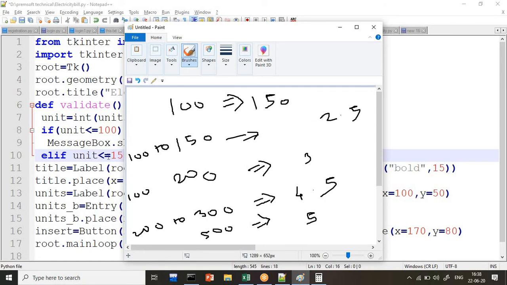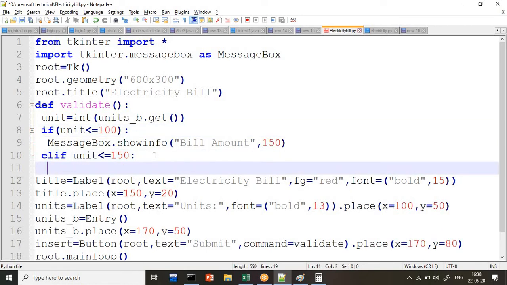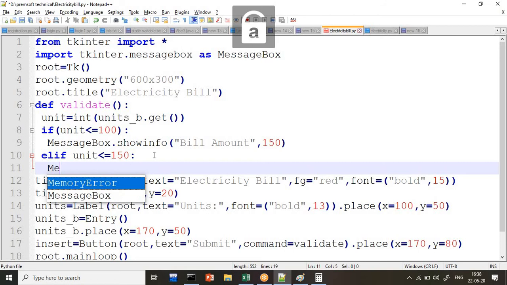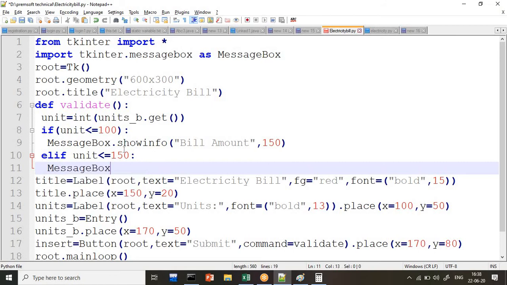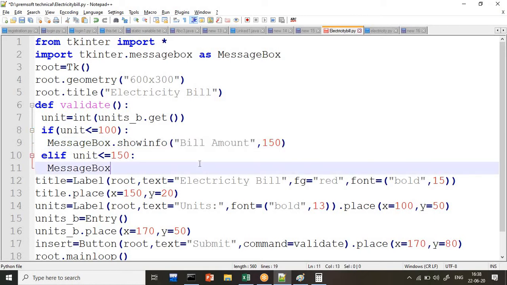First we have to write the if check. If unit is less than 150, so what are the charges? I will write a message box, the same thing I will copy and paste. Charges will be calculated here. How to calculate the charges? Simple, show info bill amount. My bill amount, how much do you want? 150. Now units